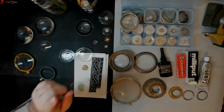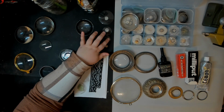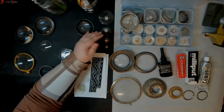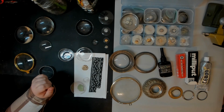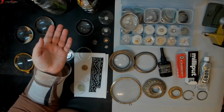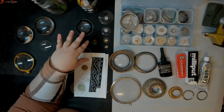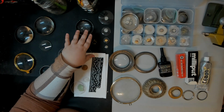The last kind of element that I'm going to talk about is watch crystals, because they're super fun and pretty widely used, but also a little bit tricky, especially if you want to put a bezel over them, or to find a particular size. And the measurements that determine what size they are is something I do want to go over in a later video. But basically,